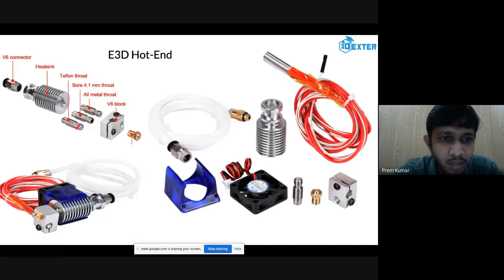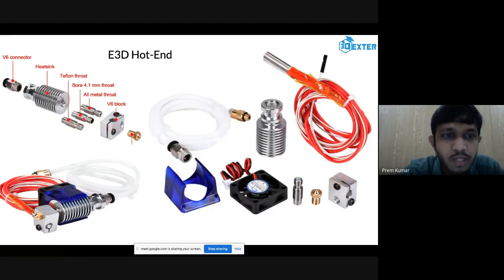Here we can see 3 kinds of different throats. One has a 4.1 mm diameter, which means the inner diameter is big, so that the pipe that we connect from this pneumatic connector can enter from here to the other end of this throat. This is one type of PTFE lined throat, and this one is another Teflon throat, which is using a PTFE pipe inside the throat.